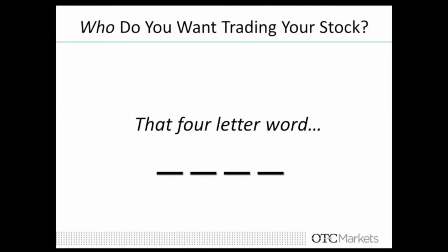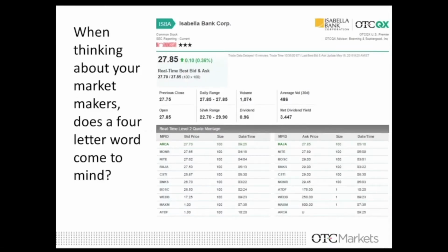So go back to the market makers a little bit. Four-letter words. Sometimes we get called other four-letter words, but I'm talking about the market maker ID. So go to the next. But back to my example here again. These market maker IDs are names for all the brokerage firms, and there are some things you need to know. We kind of went over the size and the bid and the ask, but if you look at some of the market makers,